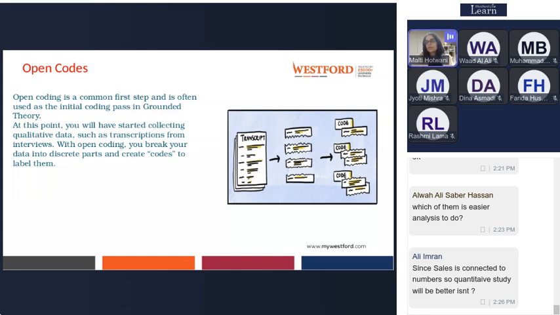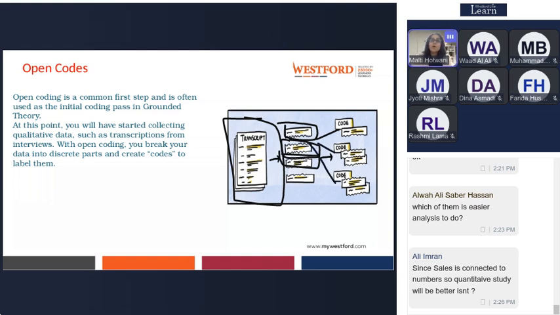So right now we are doing qualitative analysis, which is open-ended questions where you have answers to your questions in the form of words, in the form of paragraphs. Now you have a transcript. You will find out some small quotes from your transcript, and you will group them.